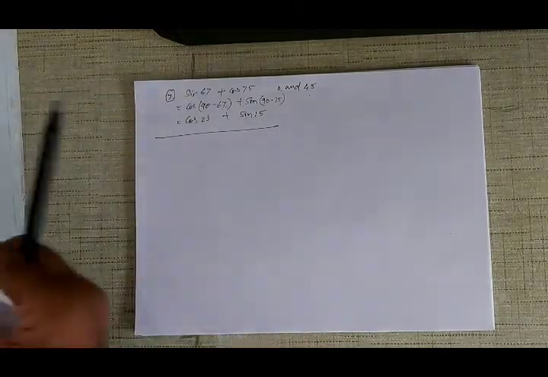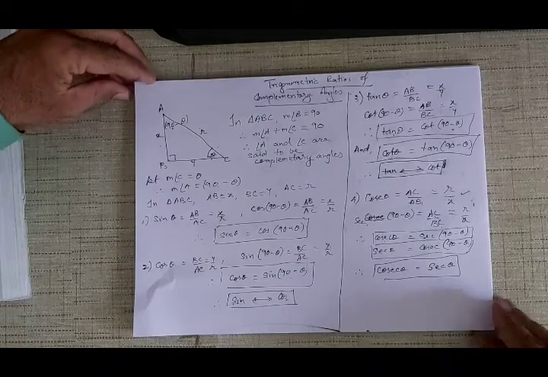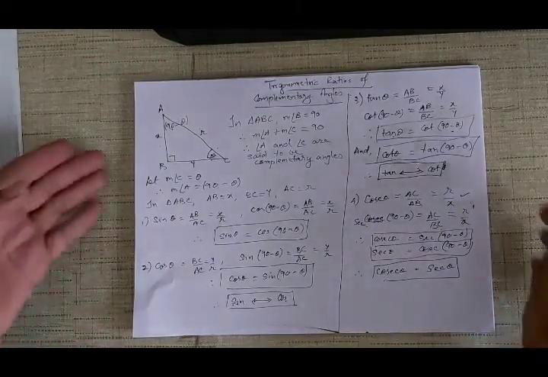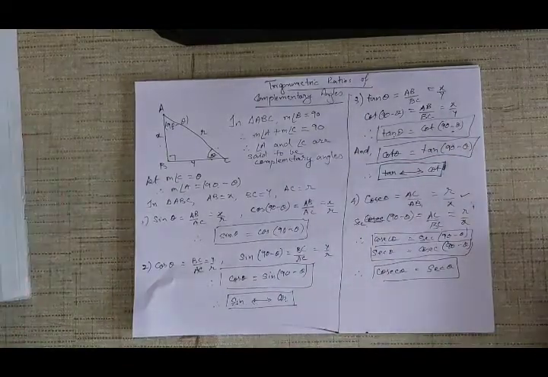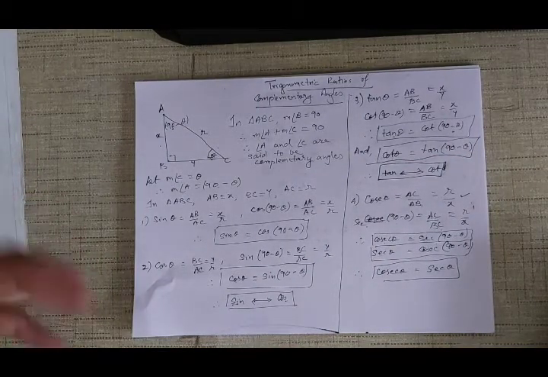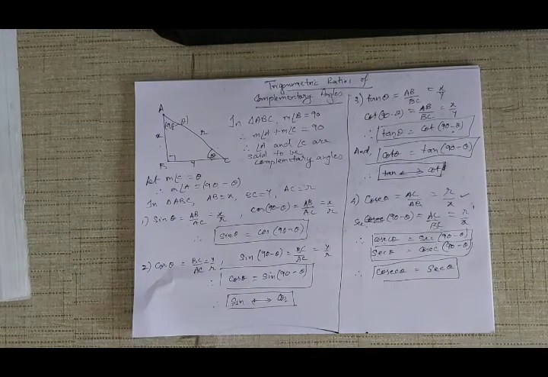All right, so remember trigonometric ratios of complementary angles, which we did today. Just be careful. Watch this video thoroughly, watch the entire video. This is an important but easy exercise, and then copy it down into your notebook, and that should be enough. Tomorrow again I am going to continue with the important part, that is trigonometric identities. That is a very important part of the chapter, the most important and slightly difficult section. So just be careful, watch out tomorrow. All right, that's enough for today. Thank you, have a nice day.